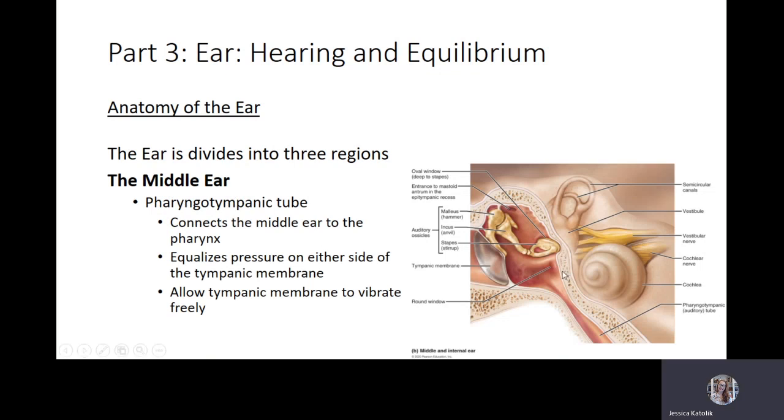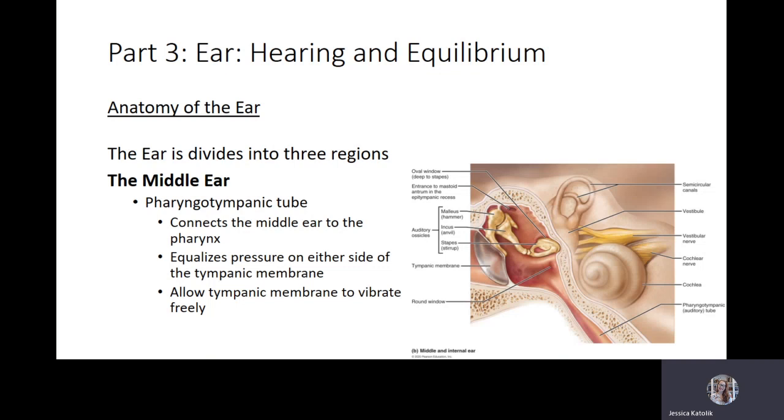There's a tube in the middle ear that connects the middle ear to the back of the throat, and we call that the pharyngotympanic tube. The back of the throat in anatomy is called the pharynx, and so that's where it gets its name. It connects the tympanic membrane to the pharynx. The function of this tube is to equalize pressure on either side of the tympanic membrane. So why is that important? If the pressure isn't equalized on either side, the tympanic membrane will not be able to vibrate freely. And as a result, it won't be able to transmit or conduct the energy or the vibrations that the sound waves